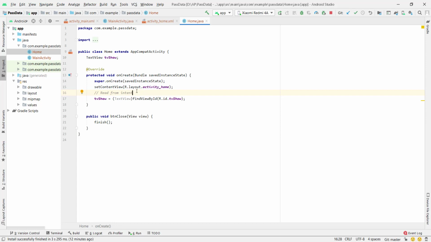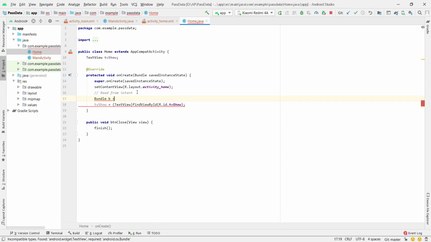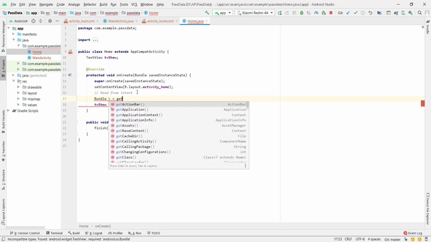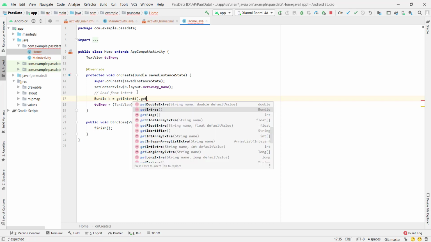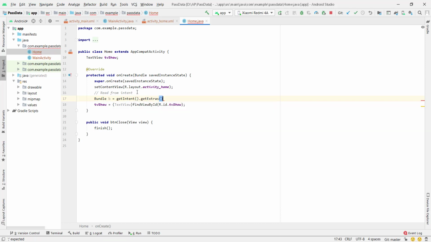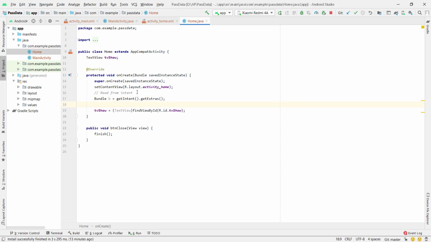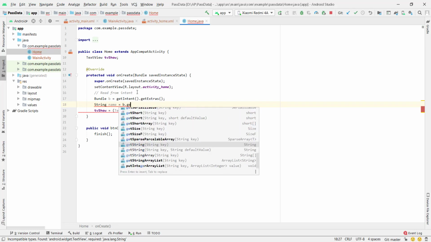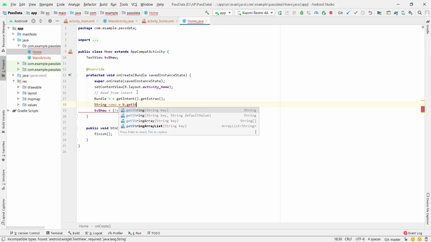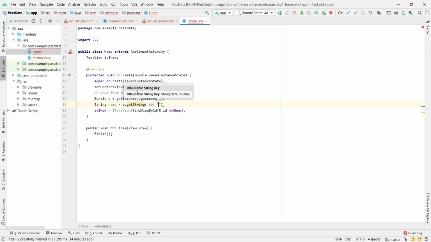So to read from intent we need a Bundle. So Bundle b is equal to getIntent dot getExtras, because we already set it with putExtra. Now we are getting that, so getExtras. Then we have to set String name. String name is equal to b dot getString, and here we have to give the key.